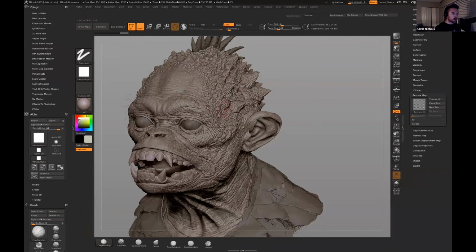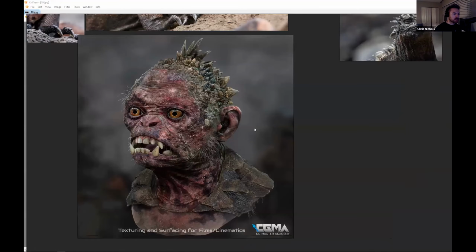And this is a process where I'm starting to paint with a poly paint very quickly, laying out color, just trying to get an idea of the palette. It's a very quick process. You don't want to spend too much time because it's not going to be used in the texture, but it's for you to figure out what direction to take this in. So this is my finished concept for the creature before I even started texturing it.